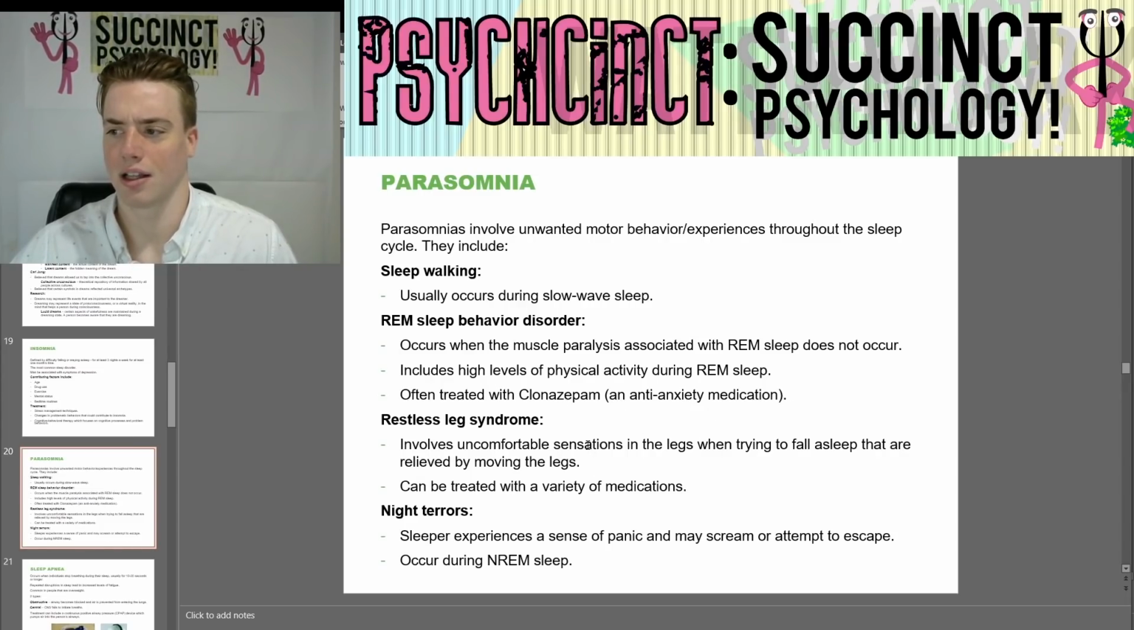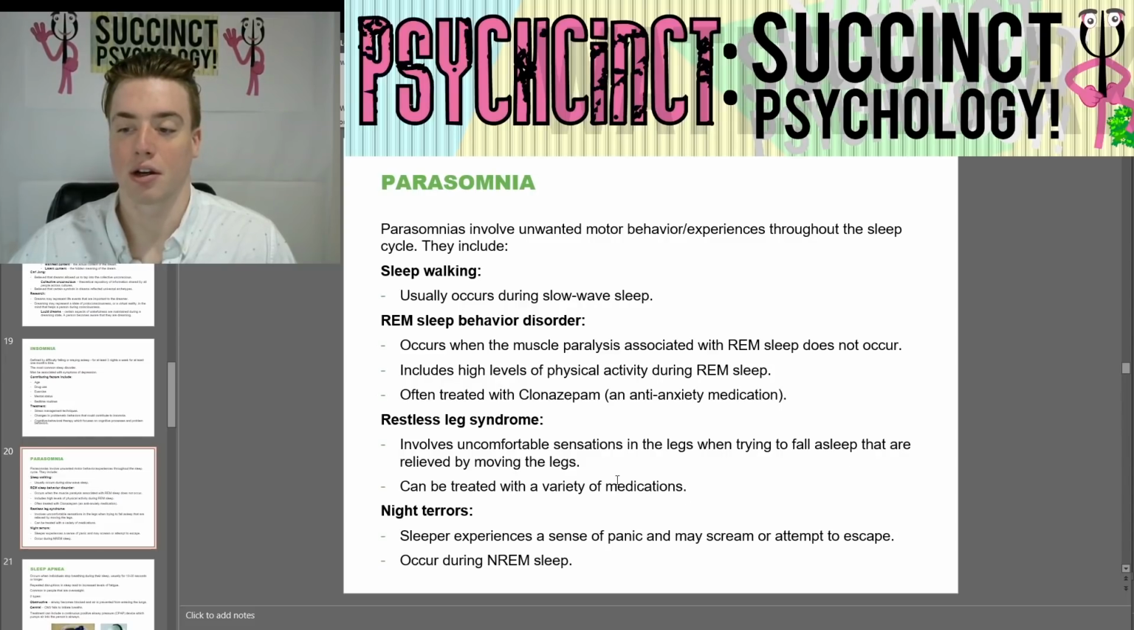And earlier, I mentioned how REM is important, that those muscles get shut down because, again, you don't want to be having high levels of physical activity. You don't want to be hurting yourself in your sleep because you're having a dream where you're doing something very energetic. That's not good. Next, we have Restless Leg Syndrome, which involves uncomfortable sensations in the legs when trying to